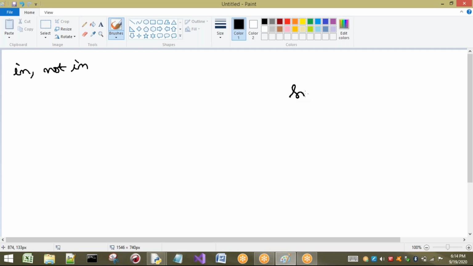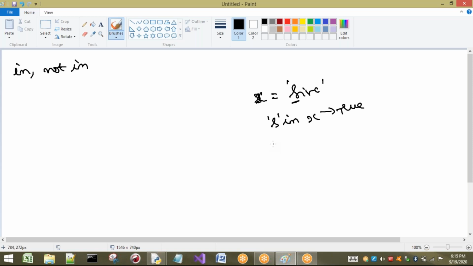For example, here I am going to take some string. I want to find whether 's' is a member of the string or not. For example, here x equal to Shiva. I want to find 's' in x. Now what I am asking is, is 's' present in x or not? Yes, it is there. So it is going to give you what? True. That means it will tell us whether a particular string is a member of the string or not.